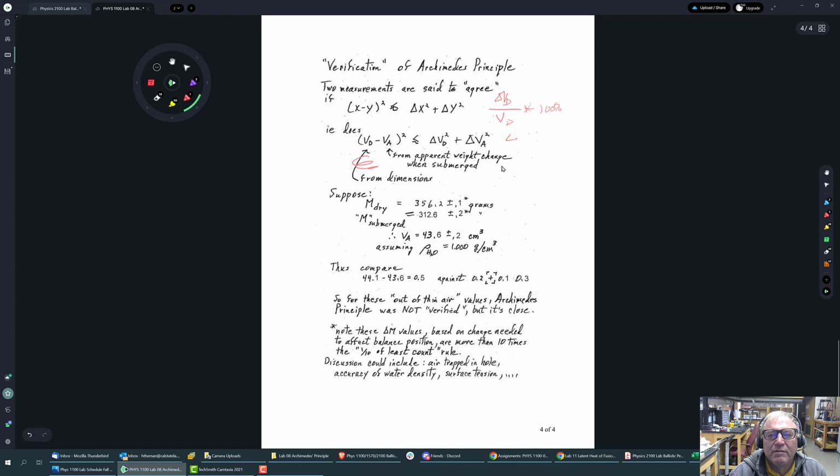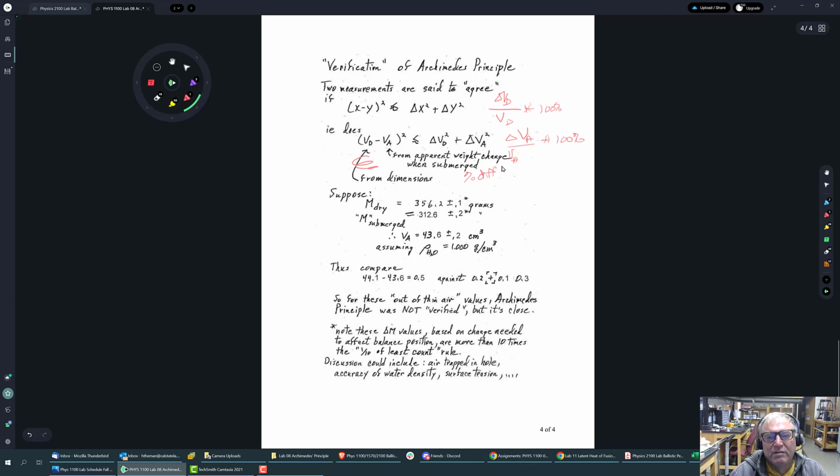And we do the same thing with the plus minus of V from Archimedes over the volume from Archimedes times 100. And we get the percent error on each one. The percent difference